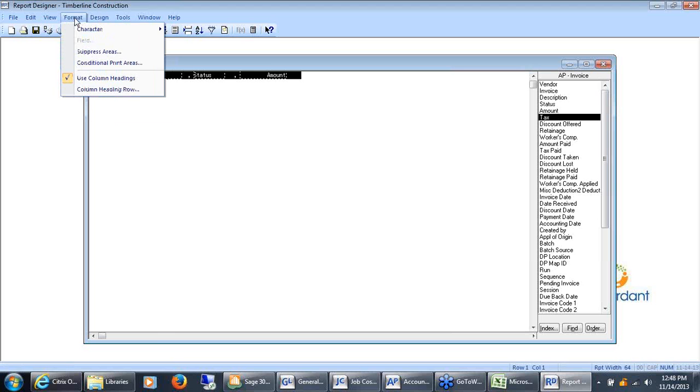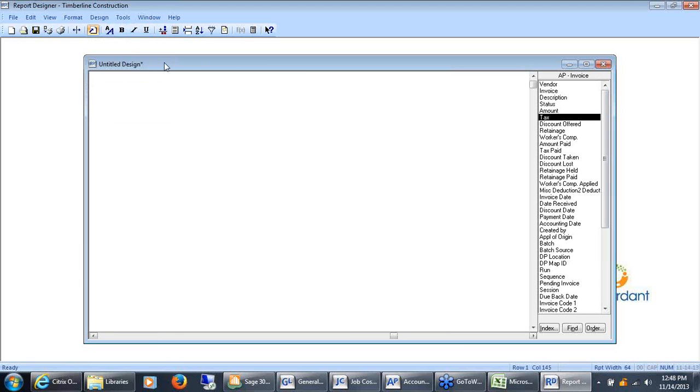That's weird. What I need to do is tell this row, in print control, to print for every invoice, and then when you preview it,